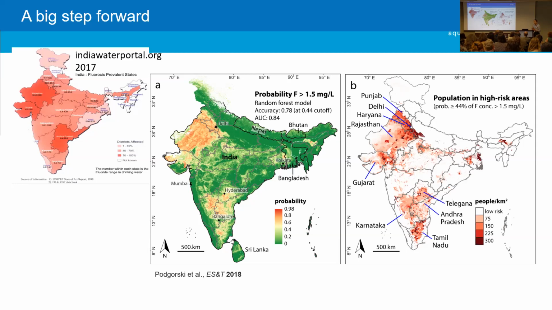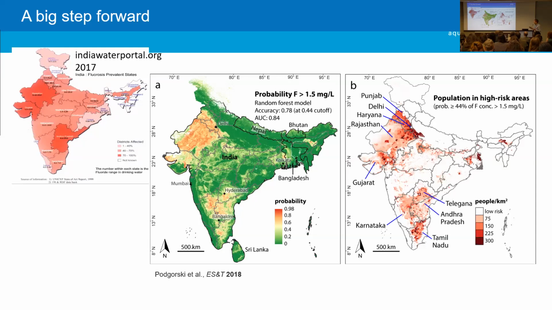And a reason for doing this is that it's easier to communicate the results, I think, because we're just worried about health, and there's a defined health guideline. You may have disagreements about whether that's proper or not, but take the WHO guideline, in this case, 1.5 milligrams per liter. Are areas exceeding that or not? And so it just helps with the interpretation and the communication of the results.